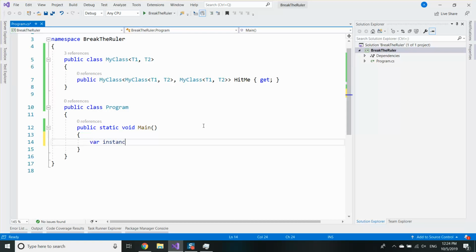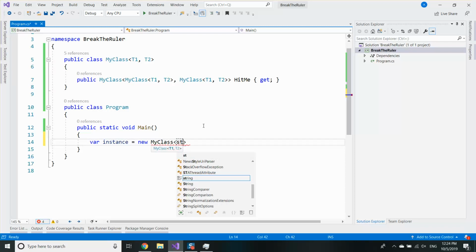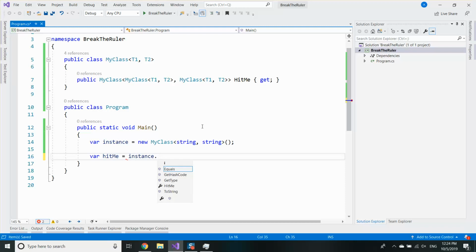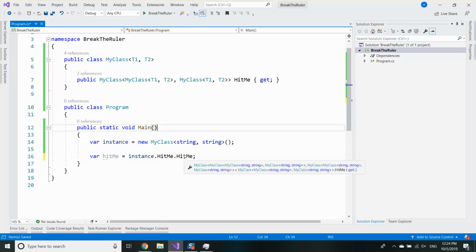So I will create an instance of this class, myClass of string and string. That's completely enough. Then I will call the property, and when I call the property, at first it's myClass of myClass of string string of myClass of string string of myClass and so on, which is kind of fine. But when I call it the second time, that's becoming myClass of myClass of myClass, and